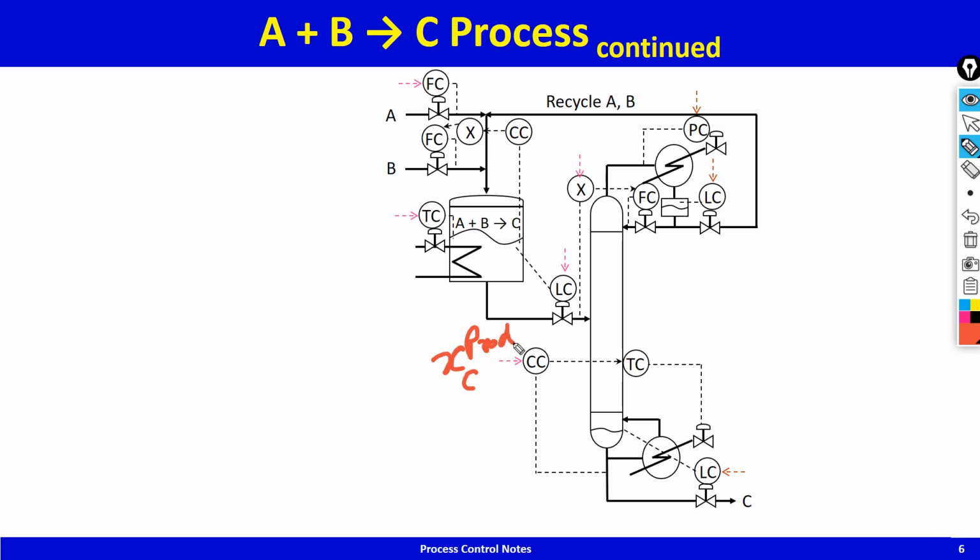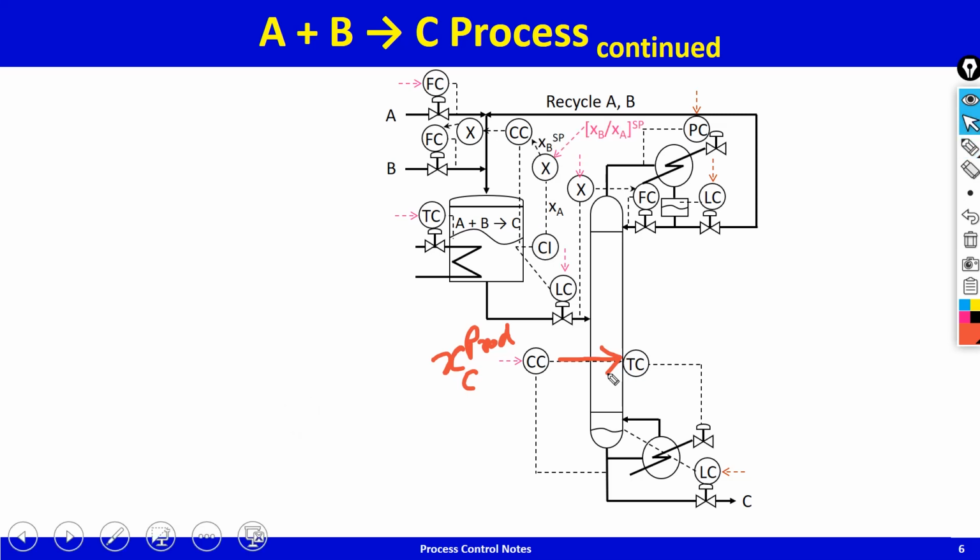You're controlling the purity of the product, and this composition controller is manipulating the column tray temperature set point. So that's an additional loop that we put in. And let us say we also put in another loop,